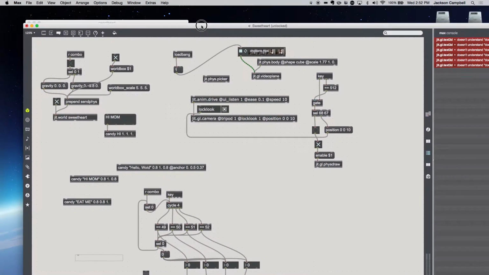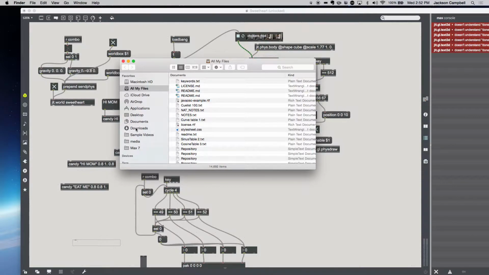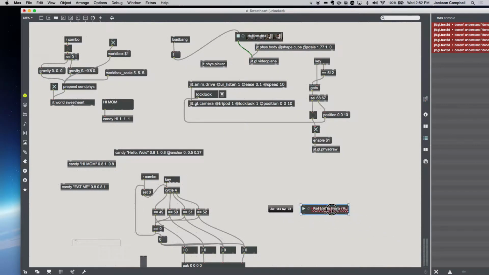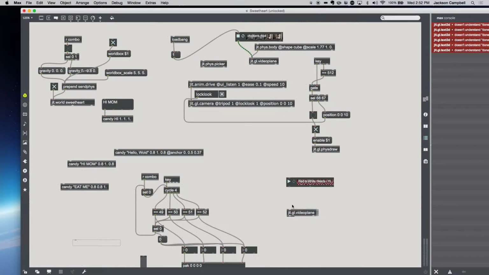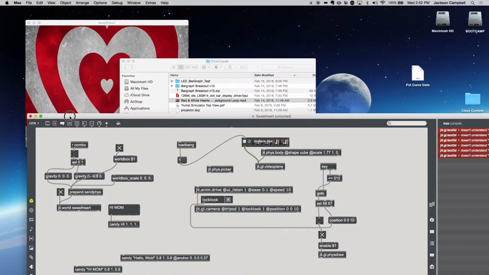You downloaded that video off of the website with the hearts. Yeah, drag that onto your patcher. It's like red and white hearts background thing. And you want a JIT gl.video plane. And on this, you can say at transform reset 2, which will override any camera stuff and simply display the image stretched to fill the entire screen, no matter what your aspect